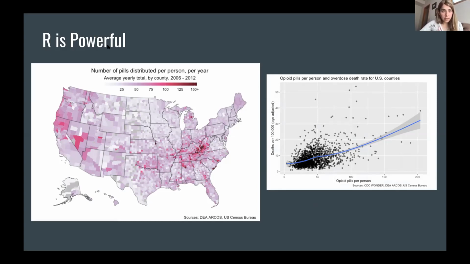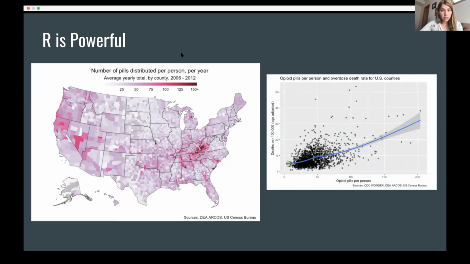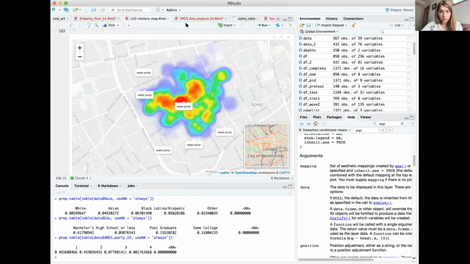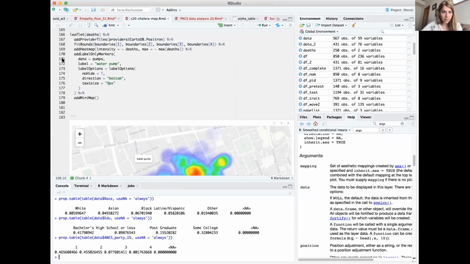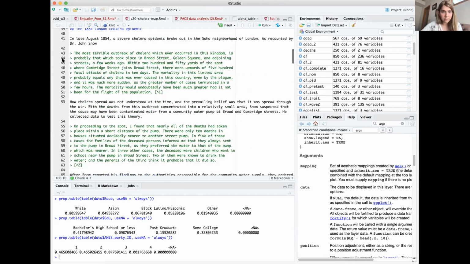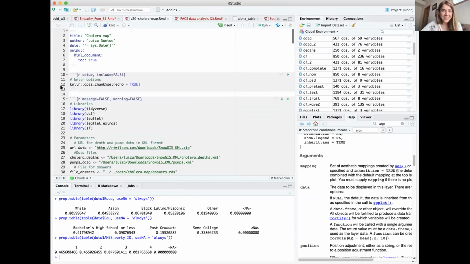And I think that I can show you now. So I'm going to change my shared screen to be my RStudio, because you're also able to create these cool maps. Ian, can you give me a thumbs up if you see my RStudio page, just to make sure I'm sharing the right thing? Okay, great, thank you. So here's our markdown.